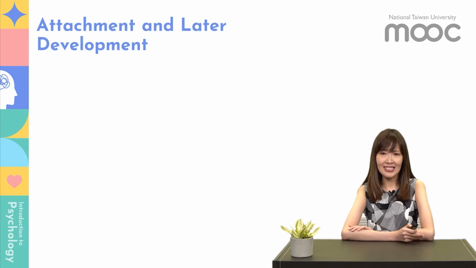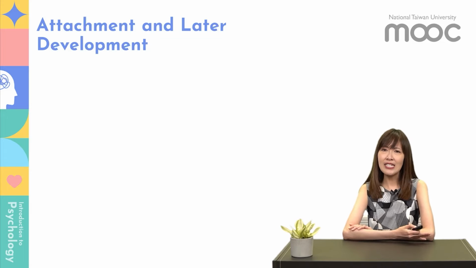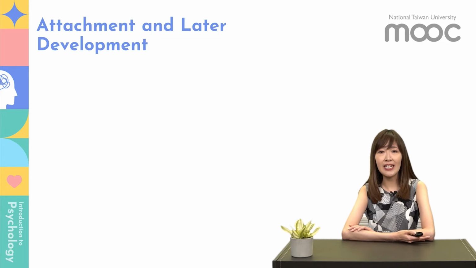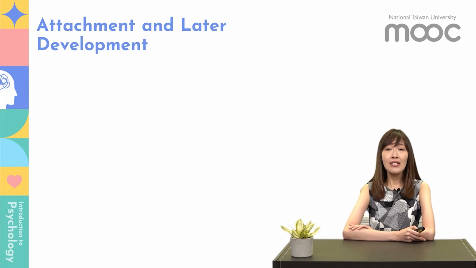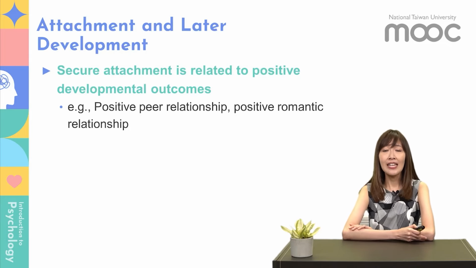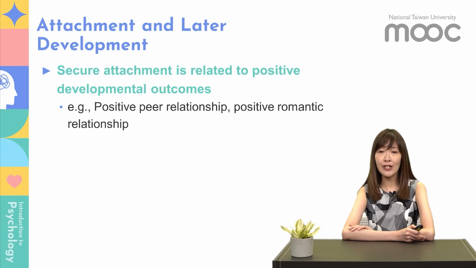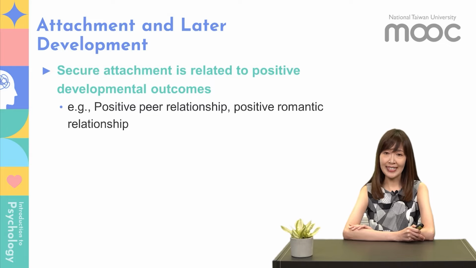Then you may ask, how is attachment related to later development? Well, studies have found that if babies have secure attachment, then they are more likely to have positive developmental outcomes later in life. For example, in a longitudinal study,